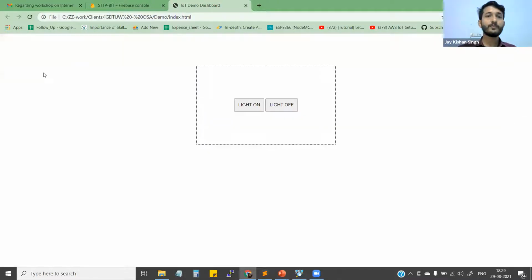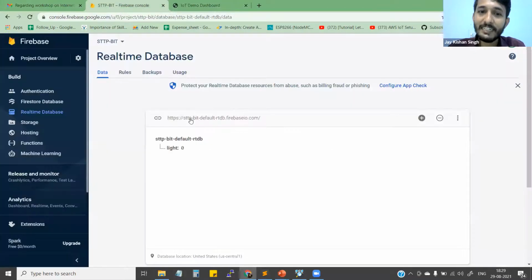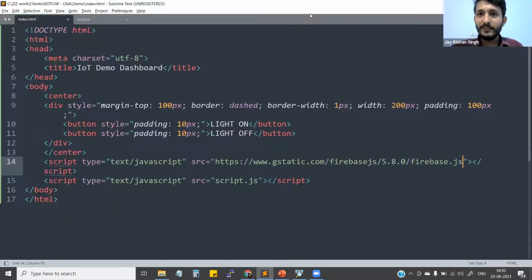Okay, fine. So we have to move forward. But again, if I'm clicking on, see, nothing is changing right here. If I'm clicking off, nothing is changing right here. So far we just connected these two things and we are done with setting up our SDK for Firebase. Does anyone have any questions so far? Just give me a quick yes or no, then I will move forward. Yes, any questions so far, or should we go forward? Yeah, I believe we are good to go.